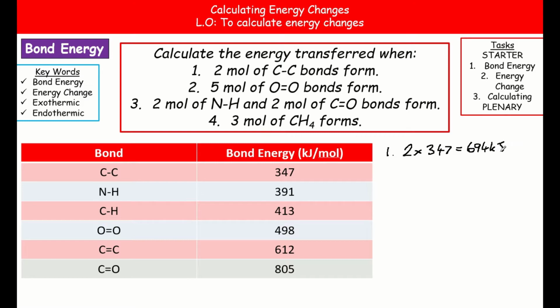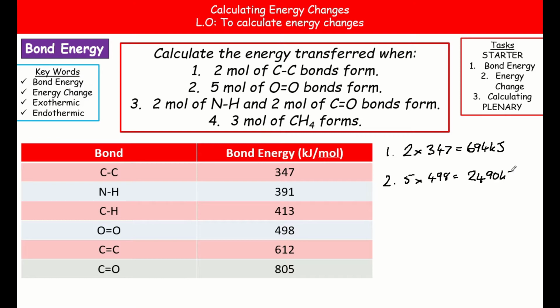694 kilojoules. For number 2, we've got 5 moles of the oxygen double bond oxygen. So again, we find it, that's 498. So it's going to be 5 times 498, which gives us